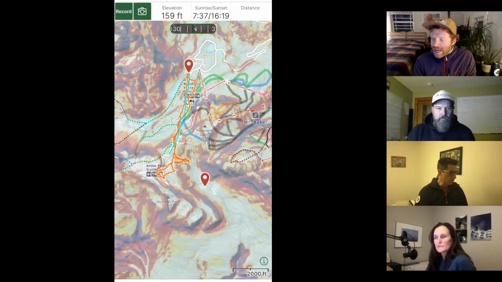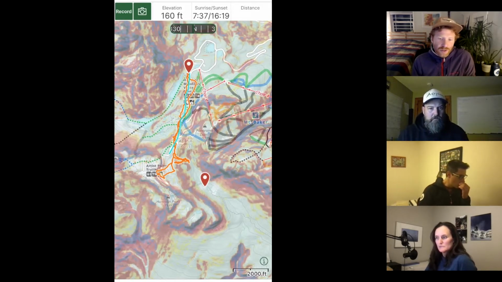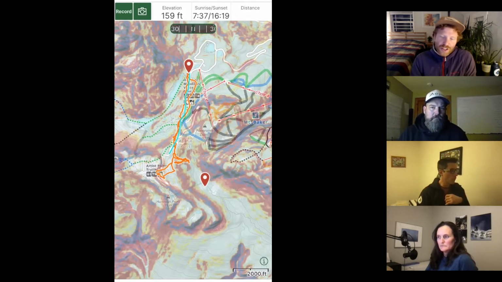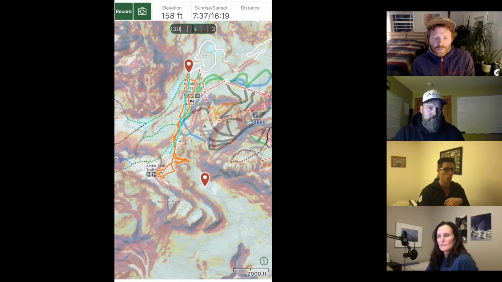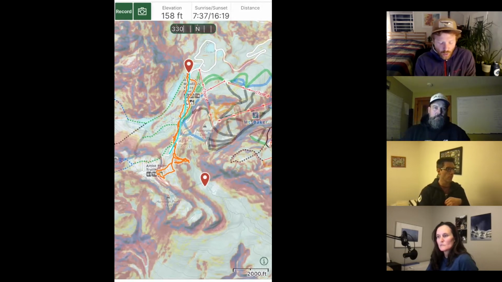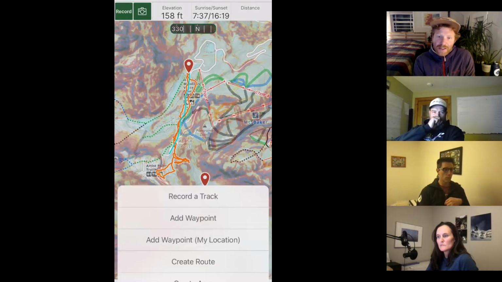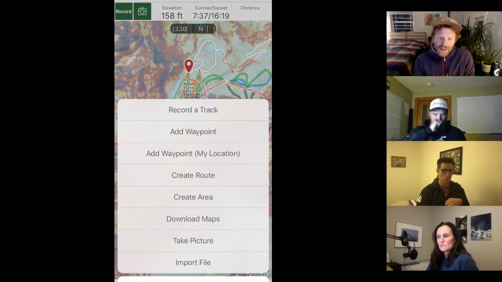Except there's one last thing that we want to make sure we do, and it's one of Gaia's original amazing features and remains one of our flagship features to this day: downloading maps offline. Of course, when you're in the backcountry, there's a pretty low chance that you're going to have cell phone service. And what that means is that if you want access to your maps, you really want to make sure that you've saved them onto your phone ahead of time. And that's what Gaia GPS is really good at, and we've been good at for a long time, in my opinion. So we'll do that by pressing this plus button at the top